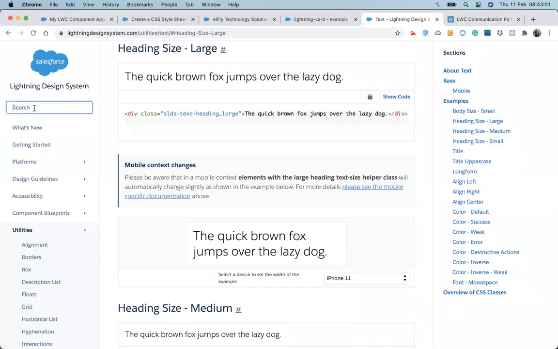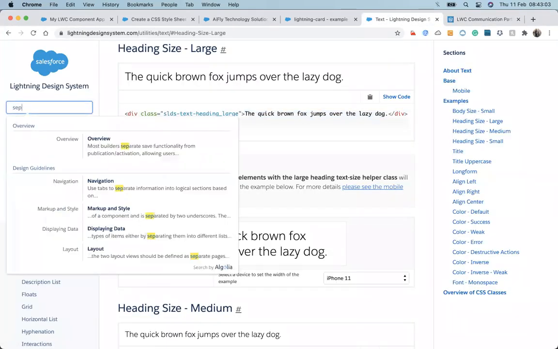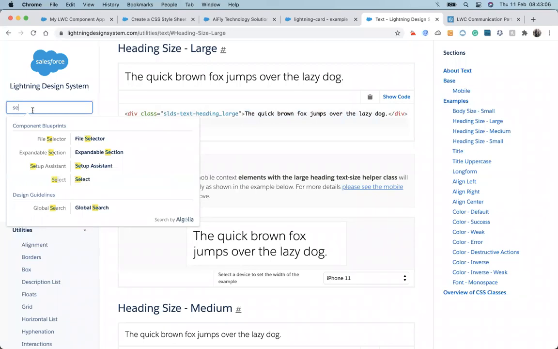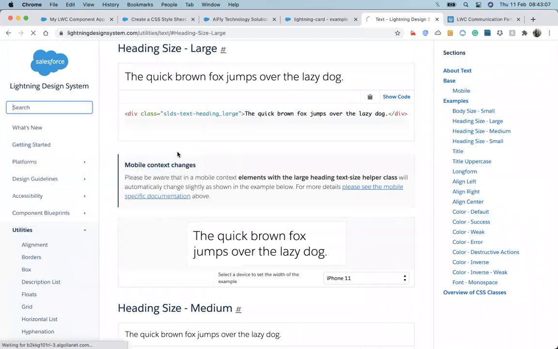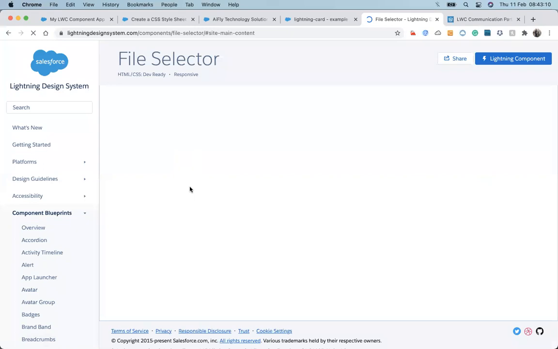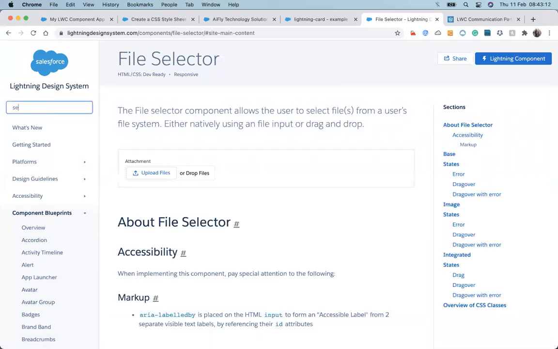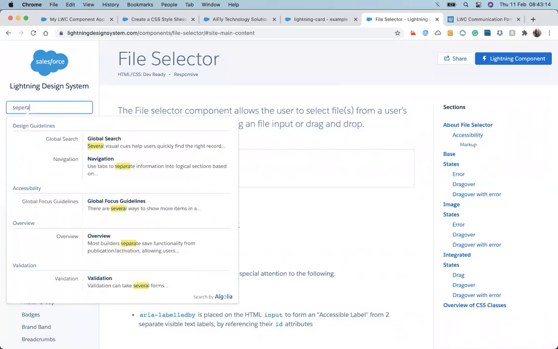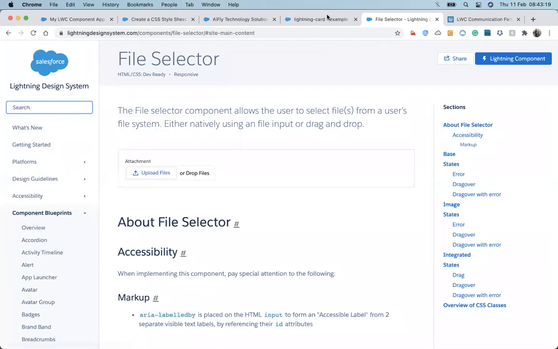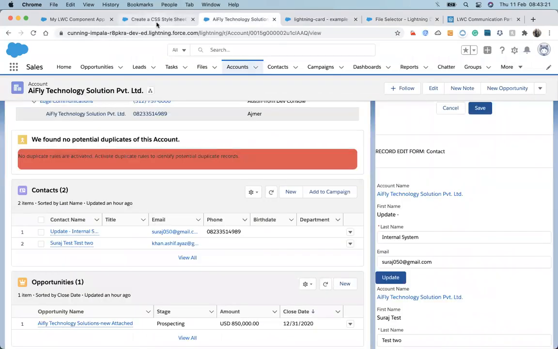Does SLDS provide any separator? SLDS does not provide any separator, so let's build a custom separator.